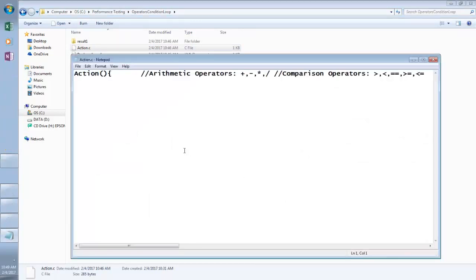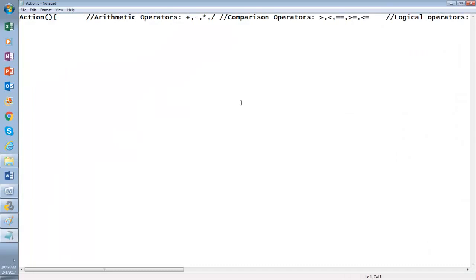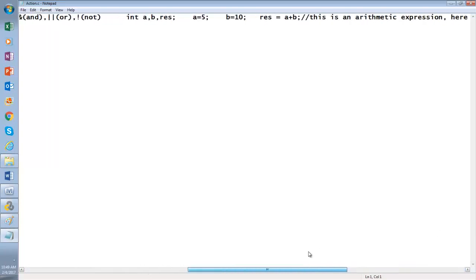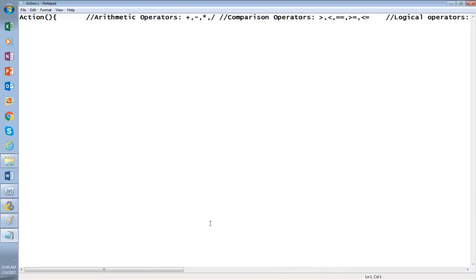Here you will see the code itself. When you open it in LoadRunner, it looks different, but that C file is a text file. This is the action.c where you are writing your code.